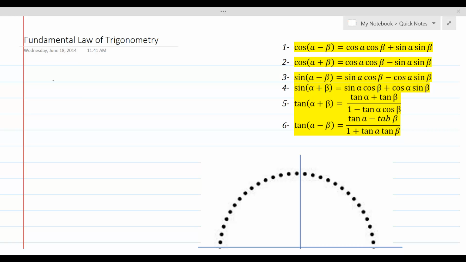In this lesson, we will prove the fundamental law of trigonometry, and then we will deduce other laws from this fundamental law. For this purpose, we are going to consider a unit circle. So consider a unit circle